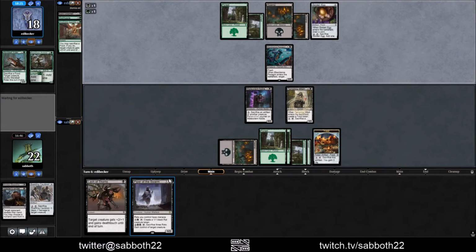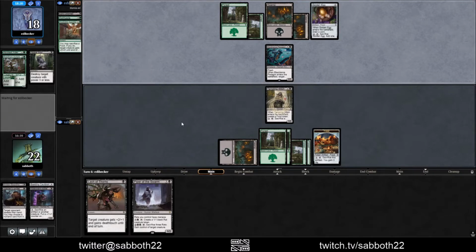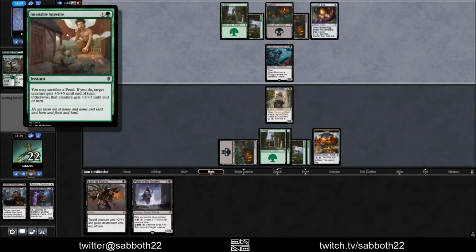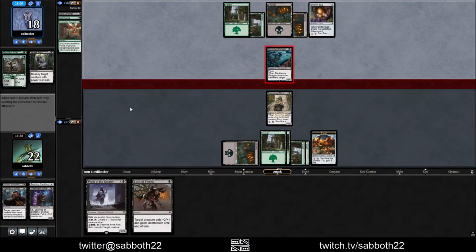Okay, maybe they drew something here. Reeve's Soul. We can't save it this turn, so we let that happen. That extra black mana would have helped so often here. Just countering Reeve's Soul would be pretty good. It'll also be good against Insatiable Appetite. Trades 2 for 2. So they could attack here,